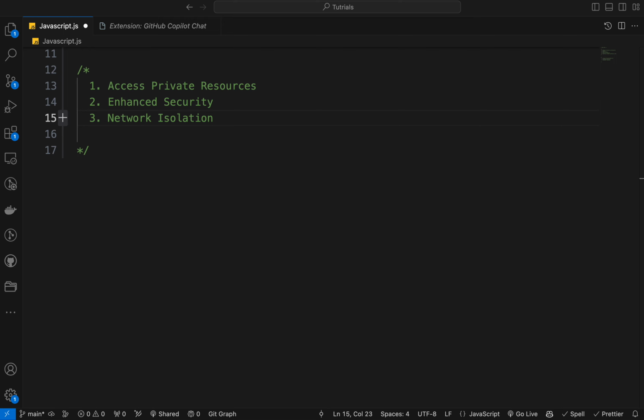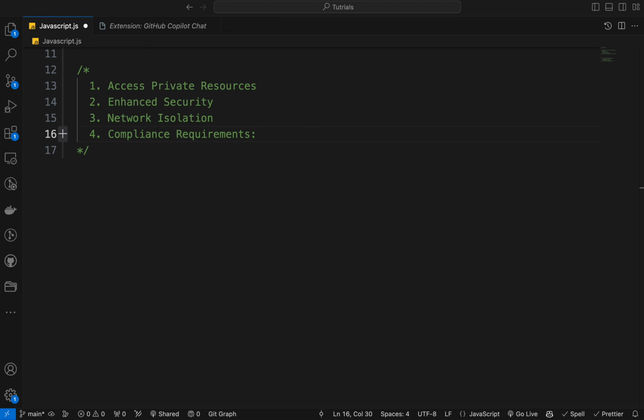Lastly, we have the compliance requirement. Certain compliance standards or organizational policies might require that your compute resources, including Lambda functions, run within a